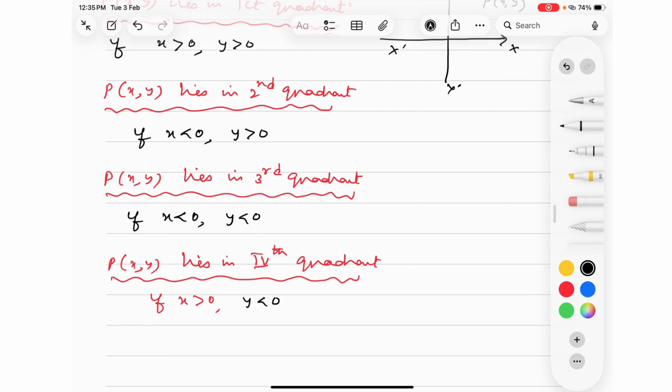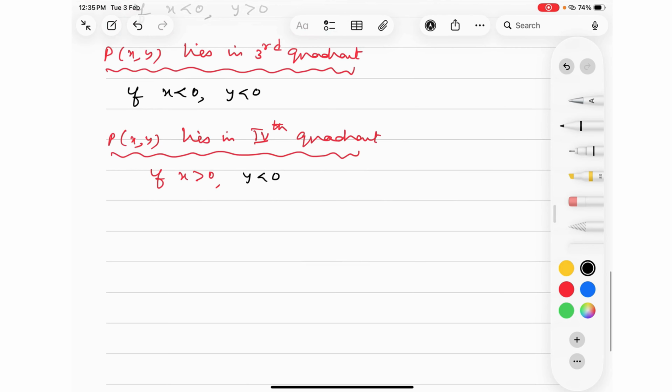This is the way you can know which quadrant, out of these four quadrants, the point P lies in. So what we have learned in these points is: what we mean by coordinate axes; second, these coordinate axes divide the whole plane into how many equal parts; third, what is the meaning of quadrant; and fourth, if any point P is plotted on a plane, how to know which quadrant it lies in. And an important note is